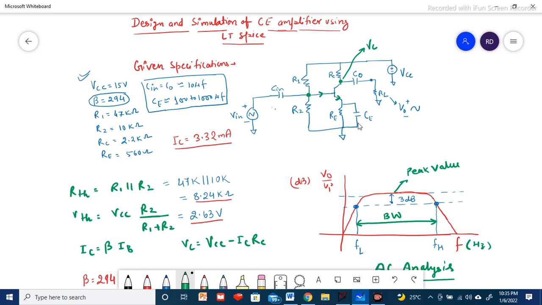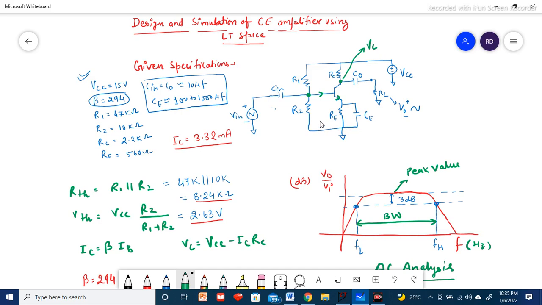The third one is called a bypass capacitor. So whatever extra AC flows from here, it should get coupled and get grounded. That's why we are using the bypass capacitor. For the detailed analysis and how to select all these values, how to select R1 value, R2 value, C naught, C in, and the emitter capacitor values, you can watch my next video, which will be on design and analysis of a common emitter amplifier.